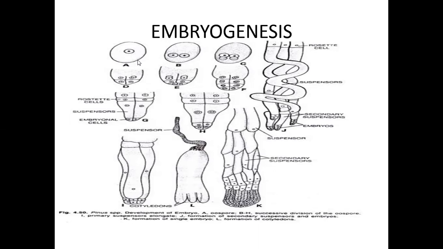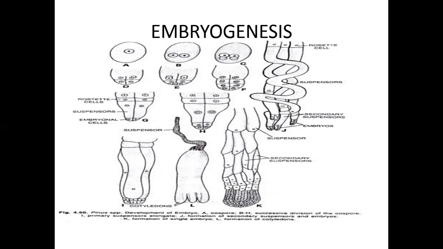Generally, a single zygote is formed. The single zygote develops into 4 embryos. The 4 embryos are developed from the single zygote. These are present in the ovule of Pinus. After fertilization, the ovule converts into a seed. So the seed contains 4 embryos.